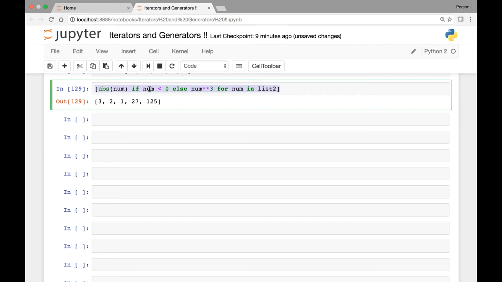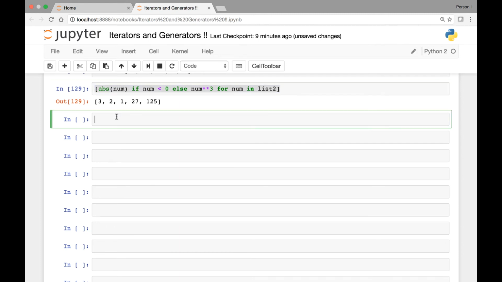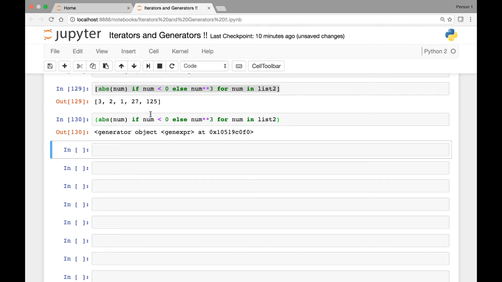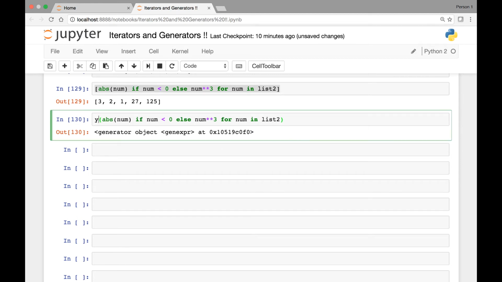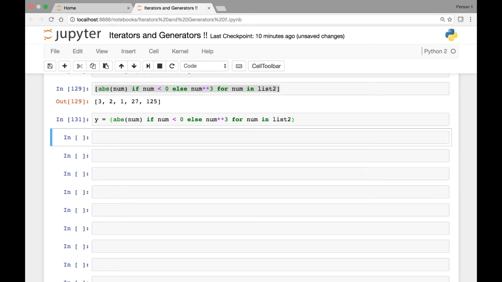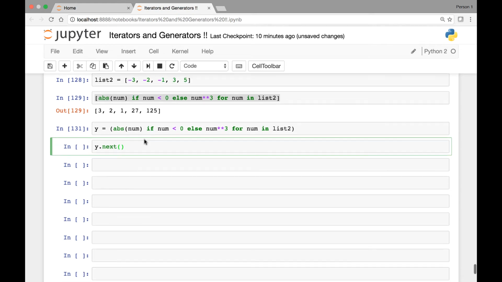Now let's do the same using generator expressions. So the syntax is the same, except we enclose everything in parentheses. Now running this generator expression will produce a generator object, and let's save this in some variable, let's say y, and then we can call the next function on y, and that will give us the first result,